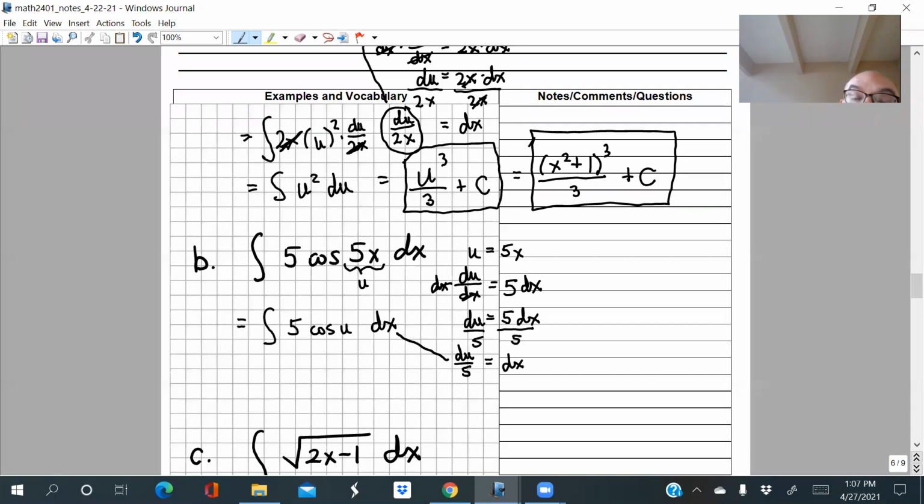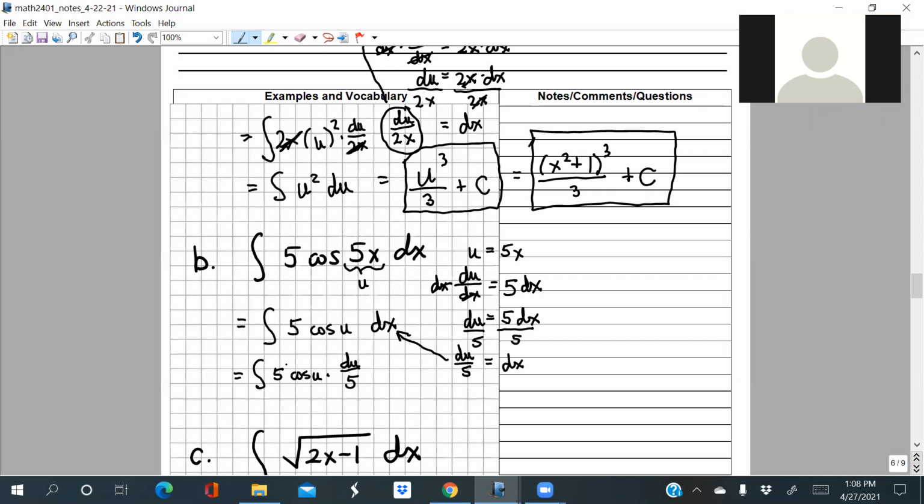And that's what you're going to plug in for dx up here, so you can get rid of the x, because you can't have these multiple variables here. So what happens when I do that? I have 5 times cosine of u times what's dx? That's du over 5. And now by some miracle luck, Colin, look what happens to the 5s. They cancel out. It seems almost unbelievable, but they cancel out. I was ignoring the 5 at first because I was hoping exactly this would happen, and this is what happened.